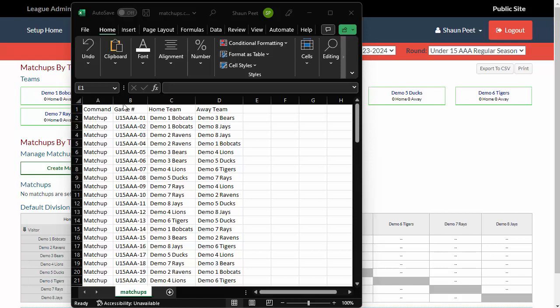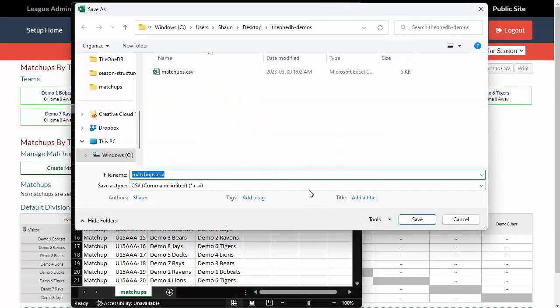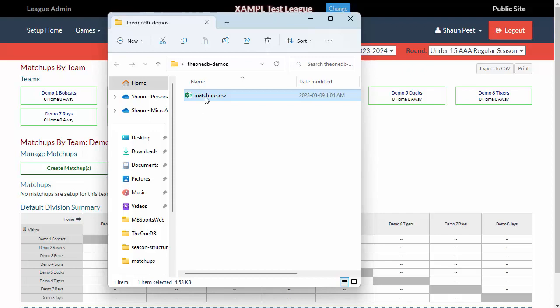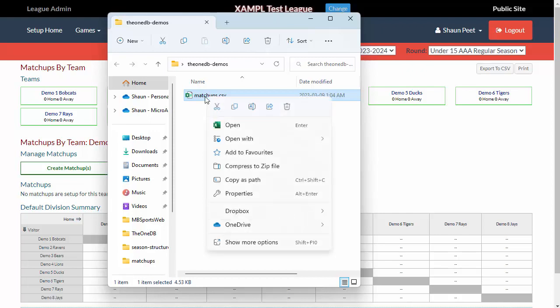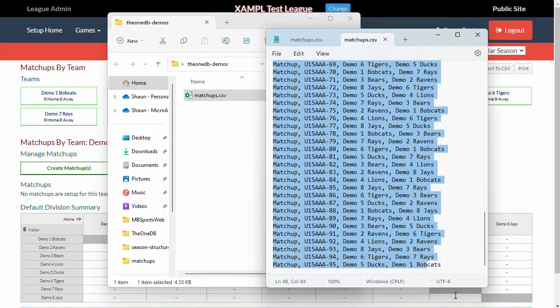Then we have the game number, which needs to be unique for each of these matchups, the name of the home team, and the name of the away team. So to use the bulk matchups commands page, what we need to do is actually save this file and then open it in Notepad. So we're going to open with and choose Notepad as our option here. And the headings don't really matter for the Excel file, but what we actually want is everything down below that heading. So we can take that and copy it